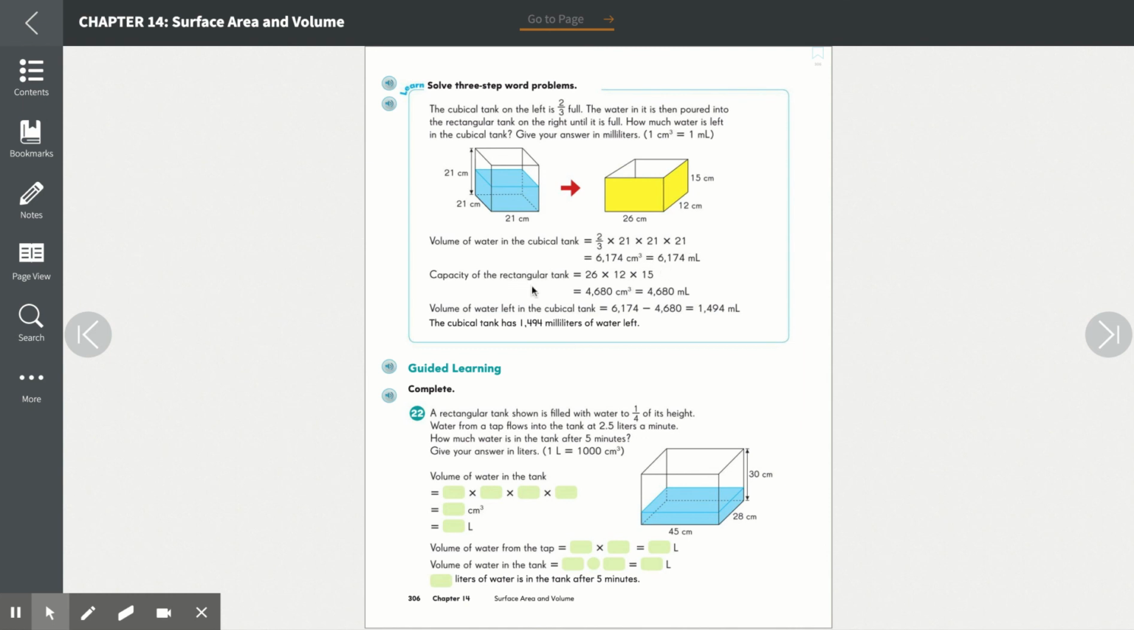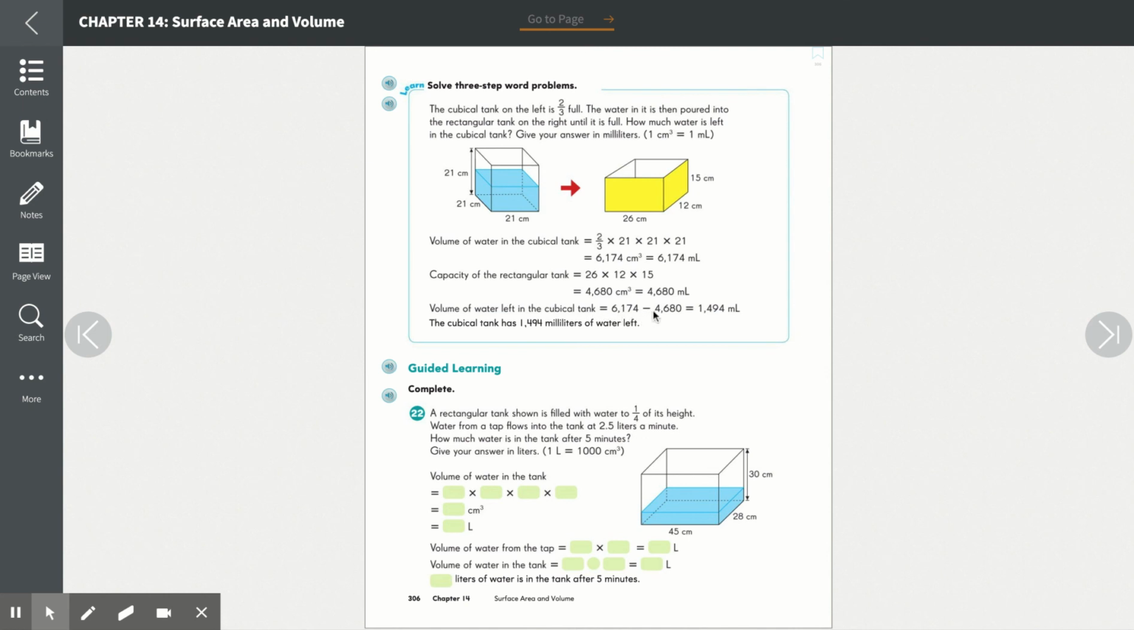And you know the capacity of the rectangular tank here, so let's see, here's cubical, here's rectangular, is going to be the length times the width times the height. So 26 times 12 times 15. And if we were to do the math on that, we would end up with 4,680 centimeters squared, or 4,680 milliliters. So the volume of water left in the cubical tank is